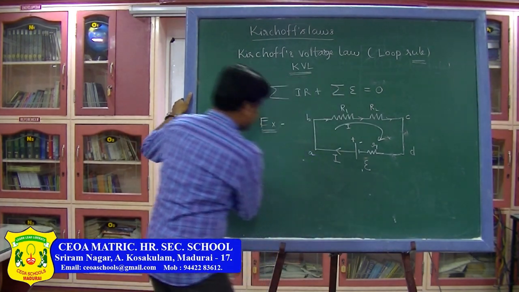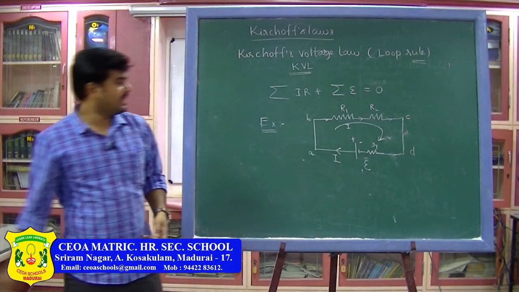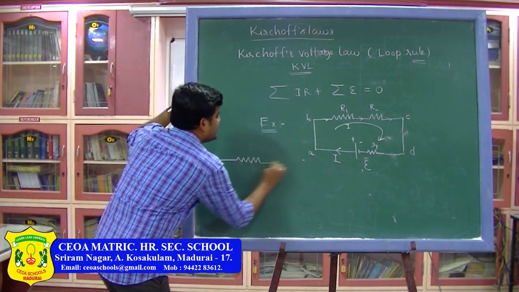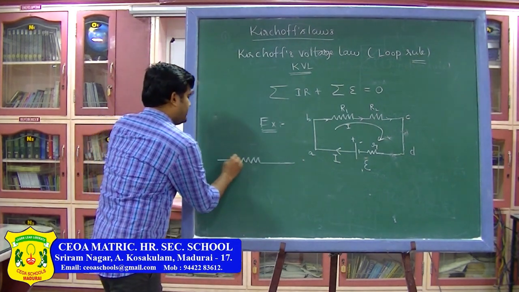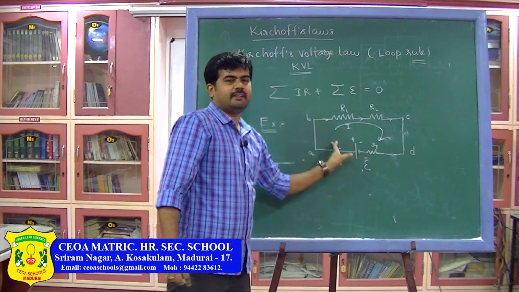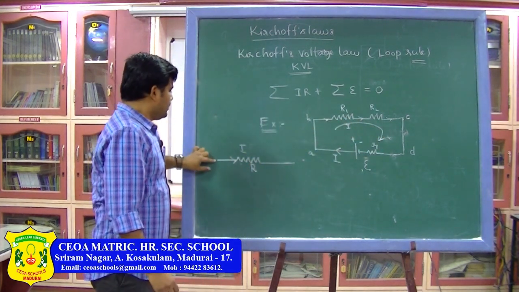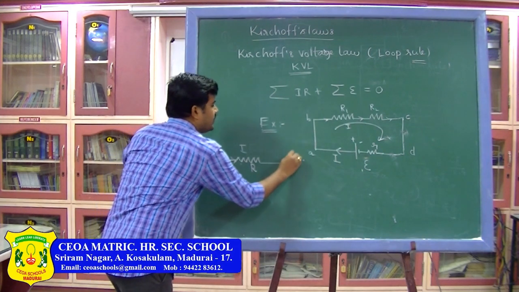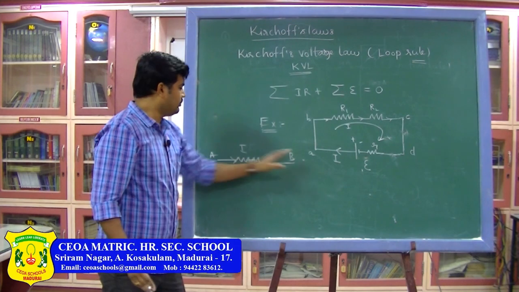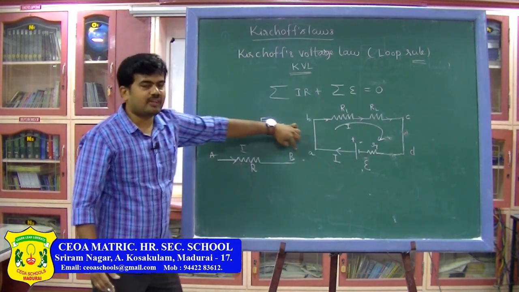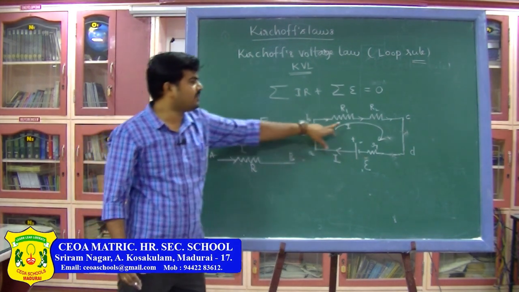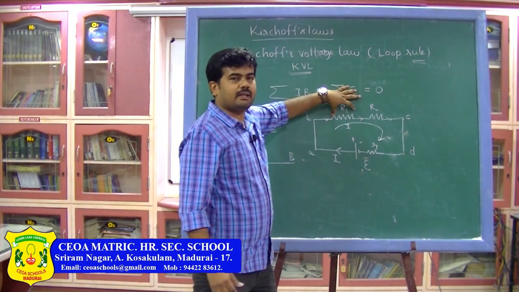Here two things are there: potential difference and EMF. First, let me take one example separately. If this is the resistor, this is the current direction in the resistor. Now, when I select a loop in this resistor, if I move from end A to B, that means I move in the direction of current, then the potential drop of the resistor is to be taken as a negative value. So in the direction of current, the potential drop must be taken as negative.